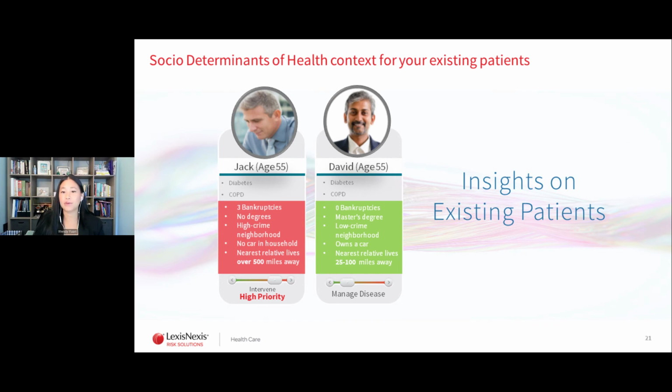We can see here that upon pulling their individual socioeconomic data, they're starting to look very different. So let's say that Jack and David are already customers at your pharmacy. They might look the same clinically based on gender, age, and diseases. You also have their medication histories and past behaviors. However, when we pull the LexisNexis SDoH data, we can see that Jack has bankruptcies, no education, lives in a high crime area, and lives very far away from his relatives. If you wanted him to manage his diabetes and COPD, you might have to put in more effort to help him remove some of his socioeconomic barriers, such as provide him more one-on-one education, or help him enroll in a